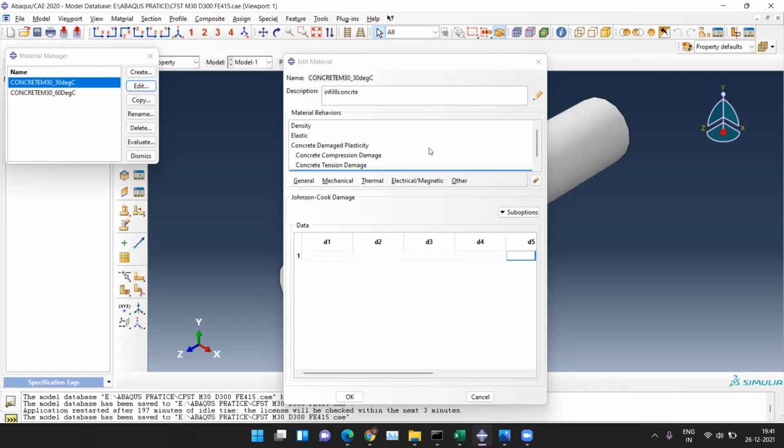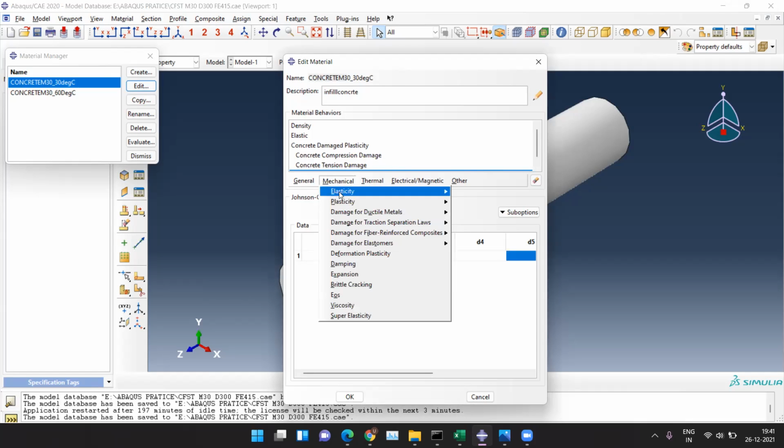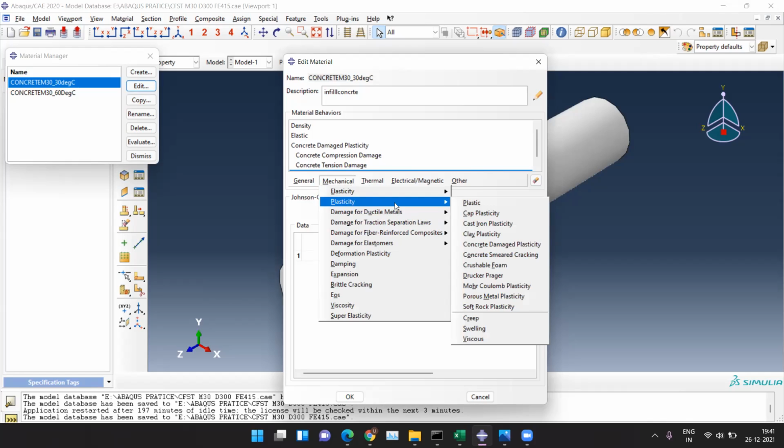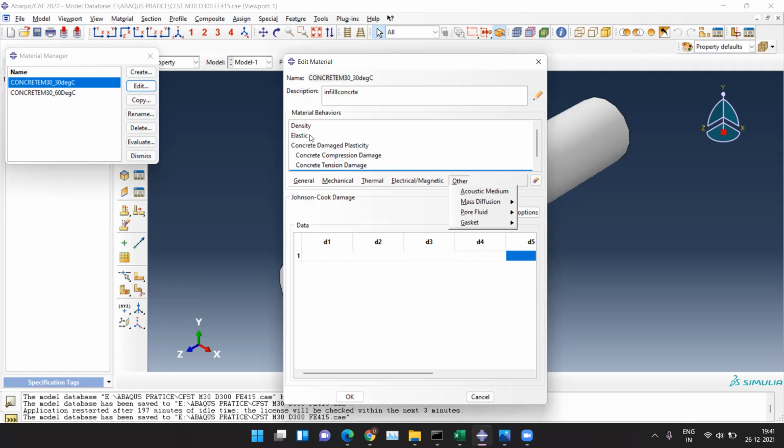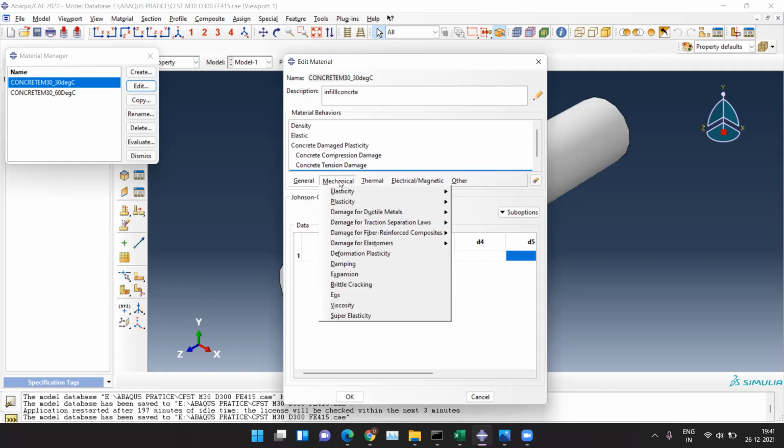While doing steel, I have to give the density, elastic property, then the mechanical plasticity for steel. Then at the end, I have to add the damage for ductile material, then Johnson Cook. Am I right, sir? Yes.